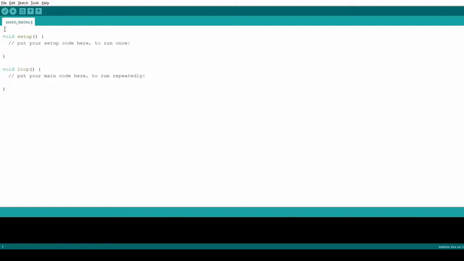So first I am writing the library file: hash include LiquidCrystal.h.